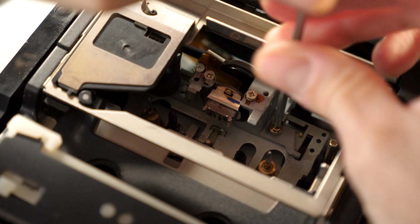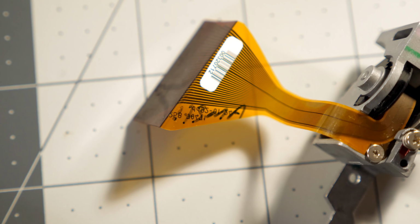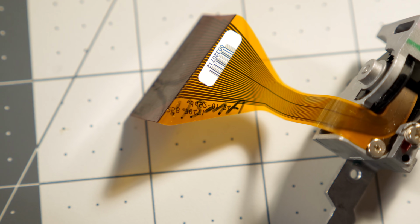Just to be sure, I decided to try swapping the head over from the first DCC deck I bought. In most cases, you don't want to do this, and it's because every DCC head needs a different current level in order to operate properly, due to manufacturing tolerances. It's actually written on the ribbon cable from when it was built, and as part of the assembly process, the read-write board would be adjusted to match this value. But it really only applies to writing tapes and not so much reading them, so for testing purposes, you can get away with connecting a head to a board it didn't come with. And in my case, the other head produced the same results, so that meant my problem was definitely with the